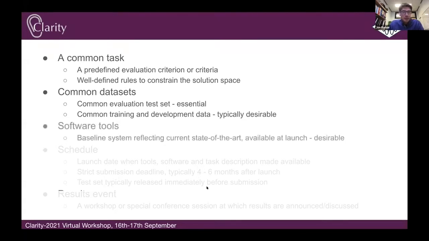Then you need baseline tools. You want maybe a baseline system reflecting the current state of the art. This is desirable because if you're trying to lower the bar for research, you're trying to get people from other communities to join in your challenge. You want to give them some idea of what the current state of the art is. You might want to make that software open source so that people can develop from it directly, or not have to work on the whole system, but work on components of a system using the baseline to fill